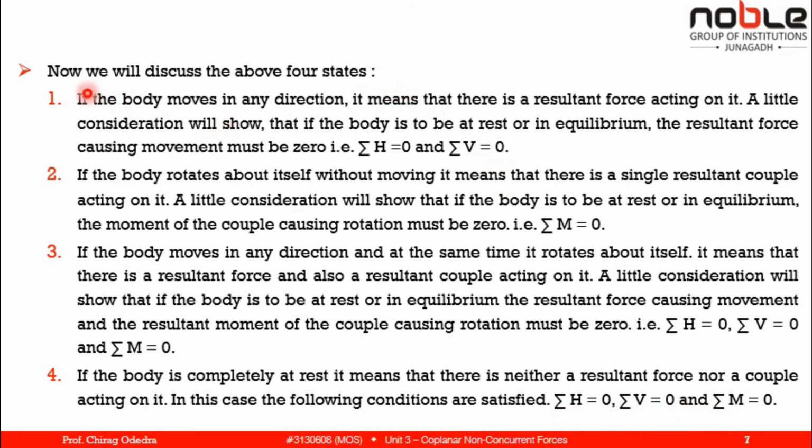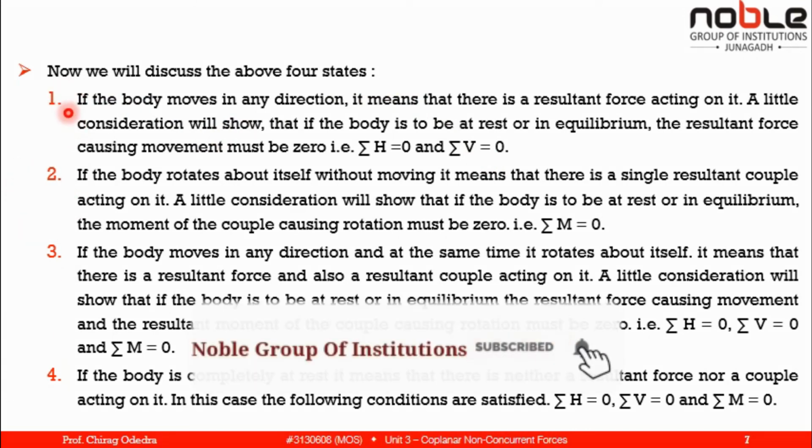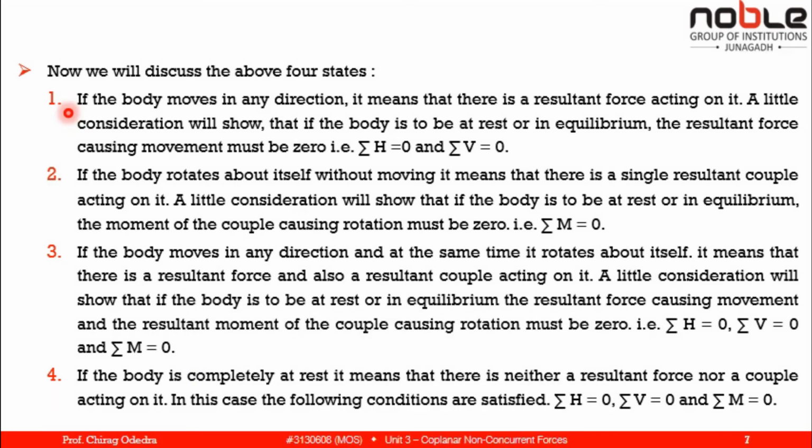So there is nothing but a simple phenomenon. First case, there is a resultant force, no moment. So sigma H and sigma V. Sigma H means the summation of horizontal forces, and sigma V means the summation of vertical forces. Second case, there is a rotation but no resultant force. There is a couple. So there is no force, so we can't take sigma H and sigma V, but we